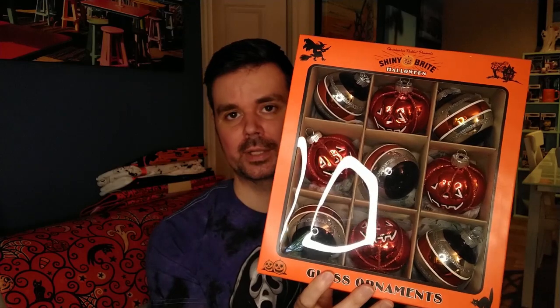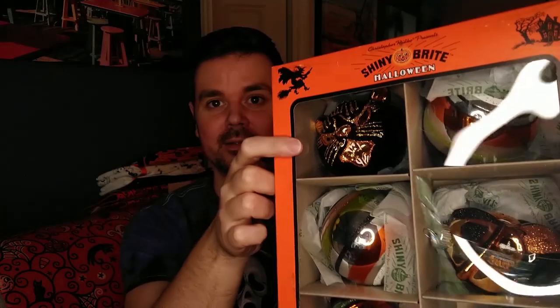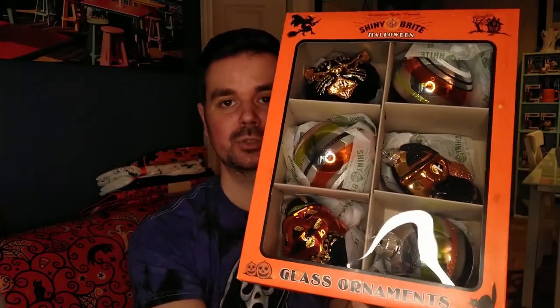It came with 4 pumpkin ornaments and then 5 traditional ornaments that are orange, silver, and black. This would be double online, so it would probably be like 30 to 35 bucks if I wanted to get them online. And I ended up picking up this set. This one was $14.99, and this one's got the vintage cat right here. Vintage cat. There's a vintage owl in here and a vintage looking pumpkin in here, and then your 3 traditional